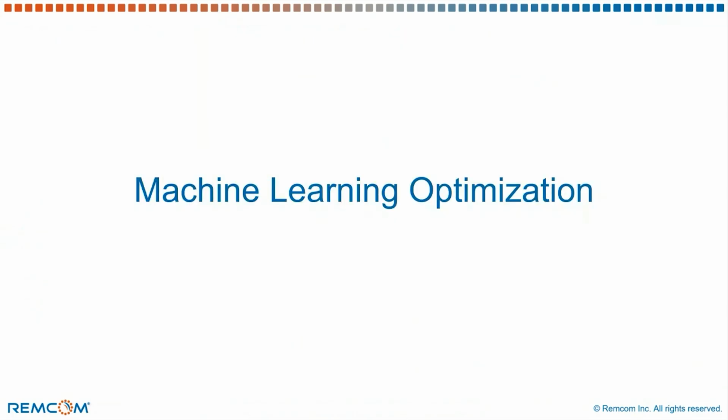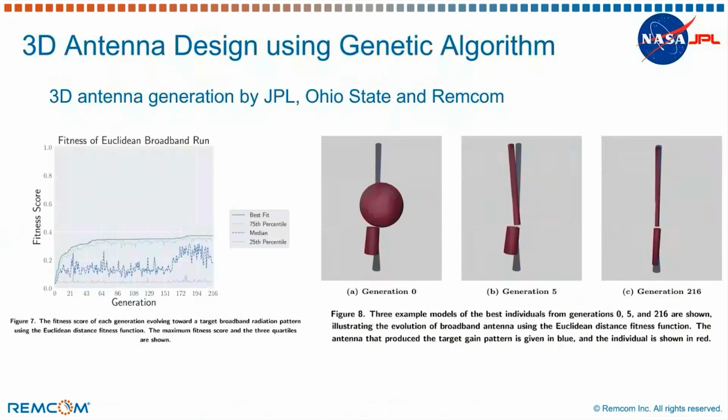So without machine learning and the generation of data, I think much of where we're headed, the past 5 years and into the future, is with development of novel methods for antenna design: genetic algorithms coming up with methods for 3D antenna design, using fitness functions for generation of arbitrary antennas for various use cases, including astrophysics, in this study led by JPL and Ohio State, and continuing work on the optimization and reduction of the number of generations required to come up to an idealized genetic algorithm design, GA-enabled design.